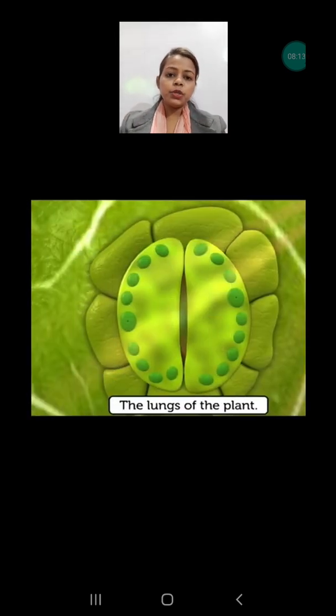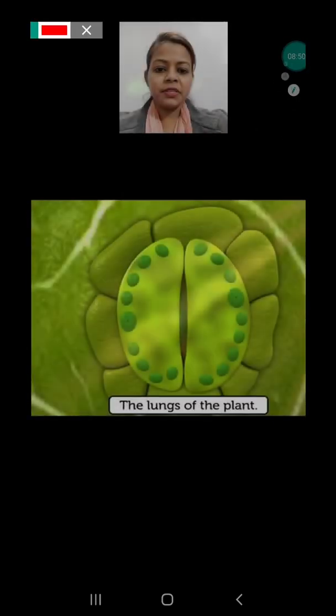Next, I am going to discuss the lungs of the plant. That means the kidney-shaped part which is present on the downside of the leaf. It is the stomata that you are seeing. It is known as the guard cells also. Why is it known as guard cells? Because it protects the plant. How? Because it allows only a sufficient amount of carbon dioxide in, and a sufficient amount of oxygen is released through these stomata, and these stomata are kidney-shaped.